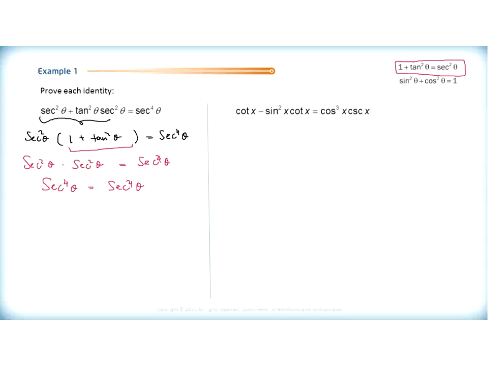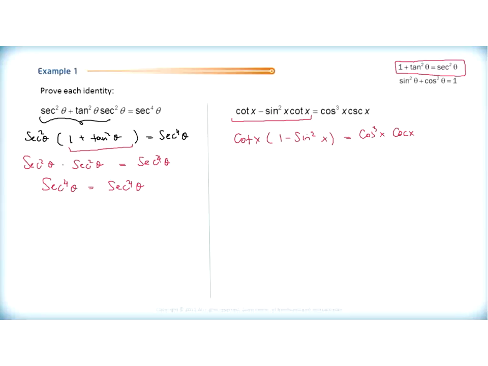Let's have a look at the next example here. This one is done in a similar way. I've got cotan x minus sine squared times cotan. Again, we recognize that from the left side here that I can remove a common factor of cotan x. So I got cotan x outside of 1 minus sine squared x. Oops, I wrote theta. Let me fix that. So I simply remove a common factor of cotan x equals cosecant cubed